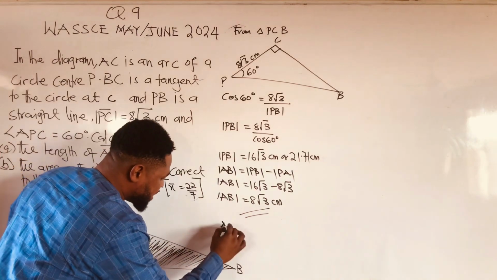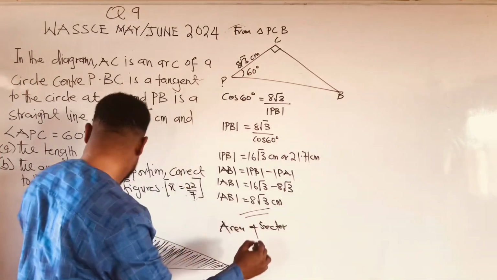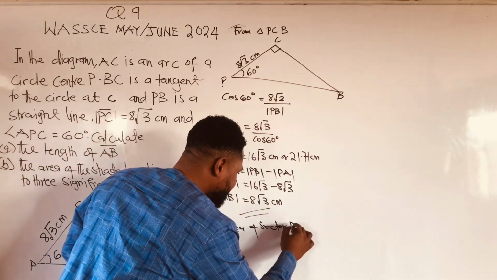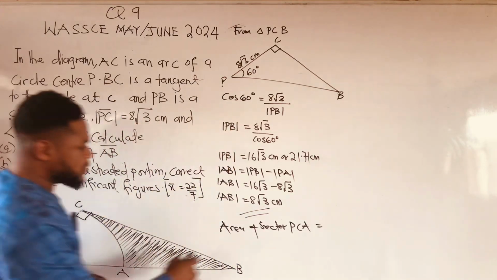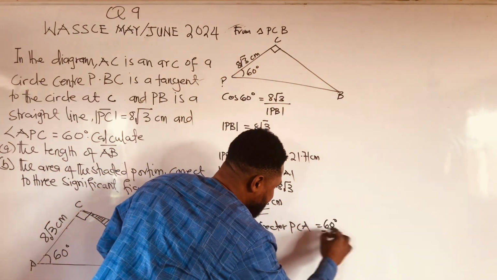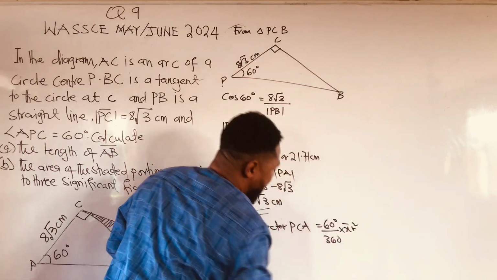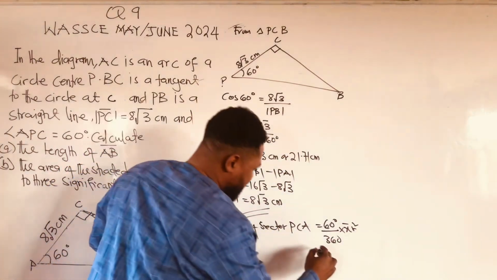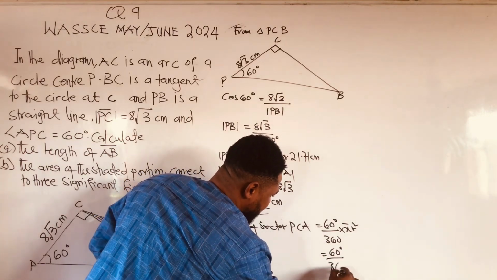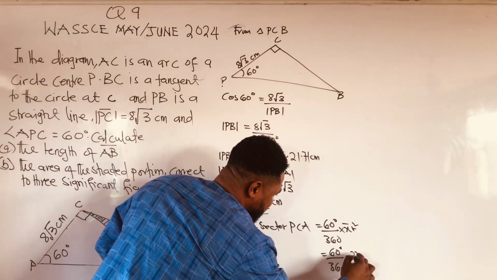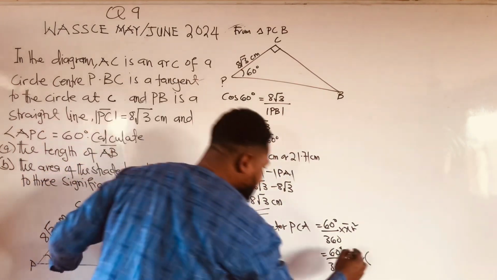So we calculate the area of sector PCA, which is giving us the angle, which will be 60 degrees, all over 360 times πr squared, all right? So with this, we have our 60 over 360, 22 over 7, and our radius, which is